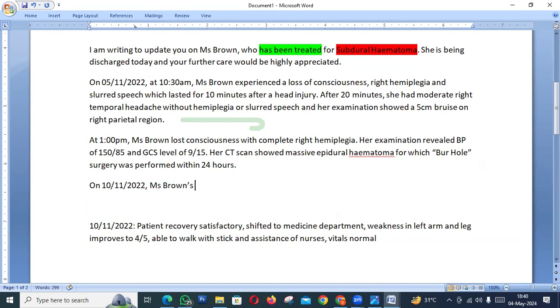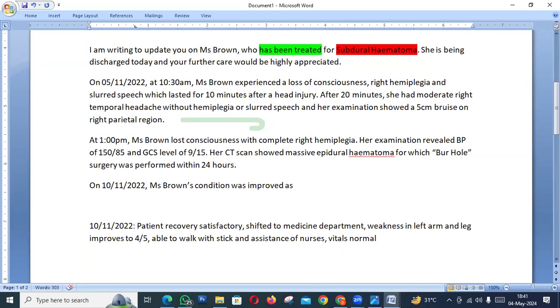Miss Brown's condition was improved. Shift to medicine department. No need to mention weakness in left arm and leg improved. Okay, so what I will do is, Miss Brown's condition was improved